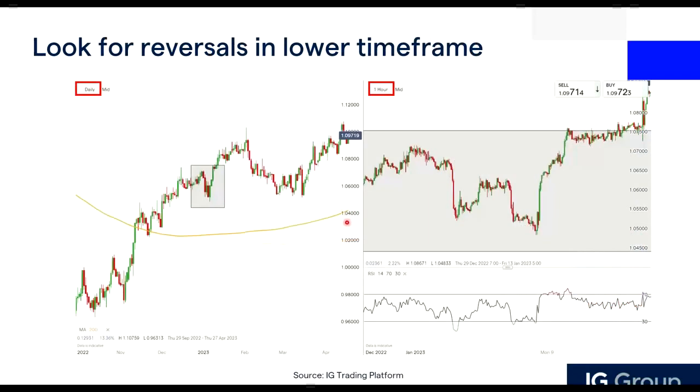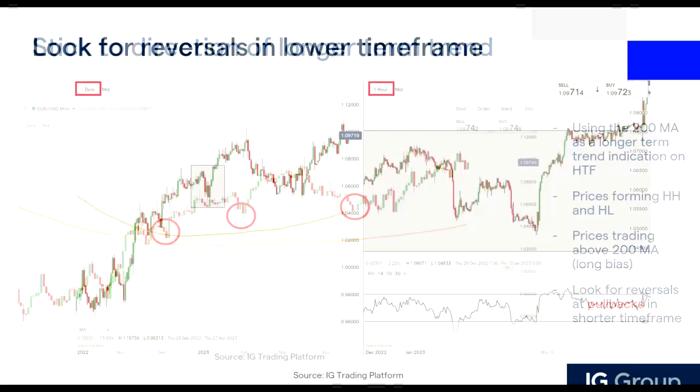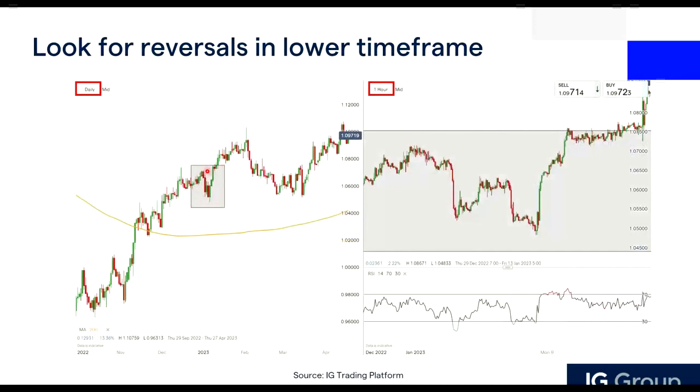Over here in the IG platform, you can actually split the chart into two. You can actually split into four, but I think it's a bit too small if you are using one monitor. Unless you're using a lot of monitors, if you're using one monitor, you can split into two. So what I'm showing here is the same as the previous chart. I just zoom into this particular retracement in this bullish trend. This is a daily chart.